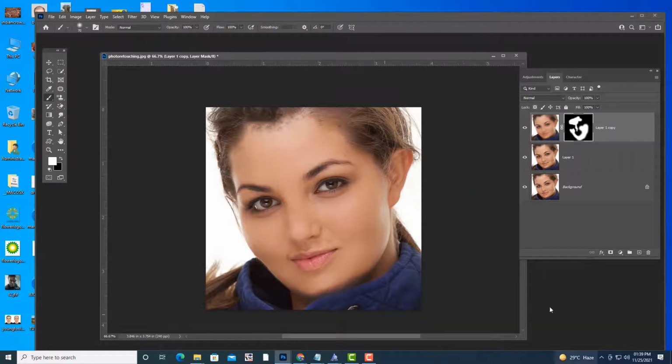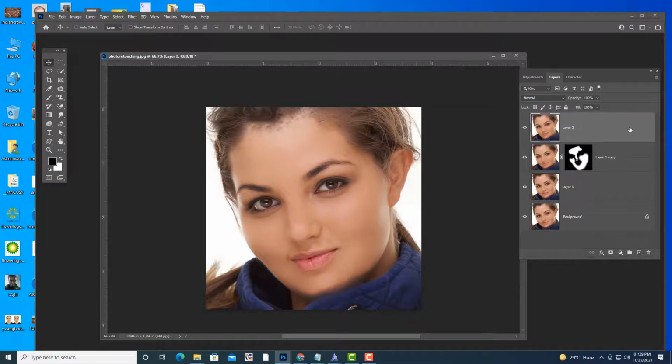Okay. So the next thing is, I'm going to take a common layer now. We can take a common layer with Control Alt Shift and E. Now I will apply some glow. This technique is mainly used by photographers, especially whoever is designing albums, wedding albums, like that. First they will do retouching, remove pimples and all those things, then make her face smooth. Then the next thing they do is they apply some glow to the bride or groom. So how do they apply it?